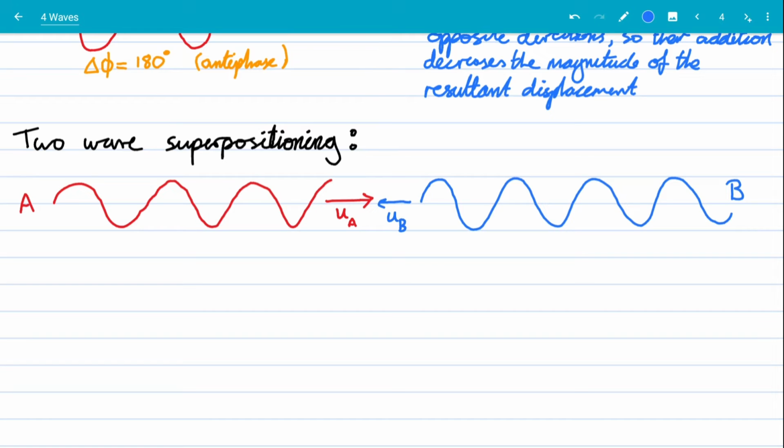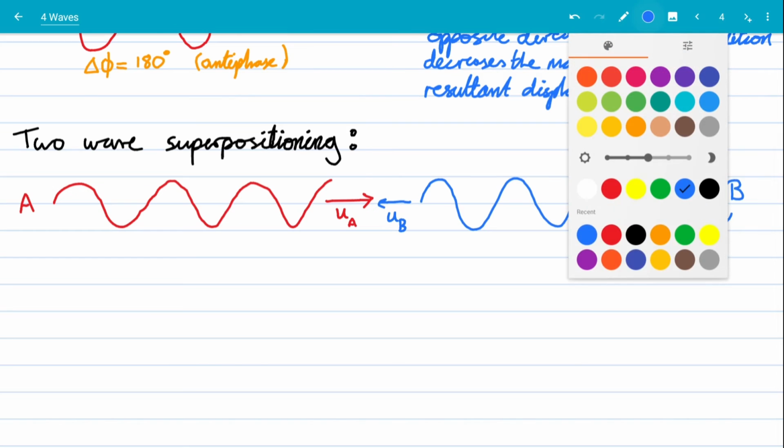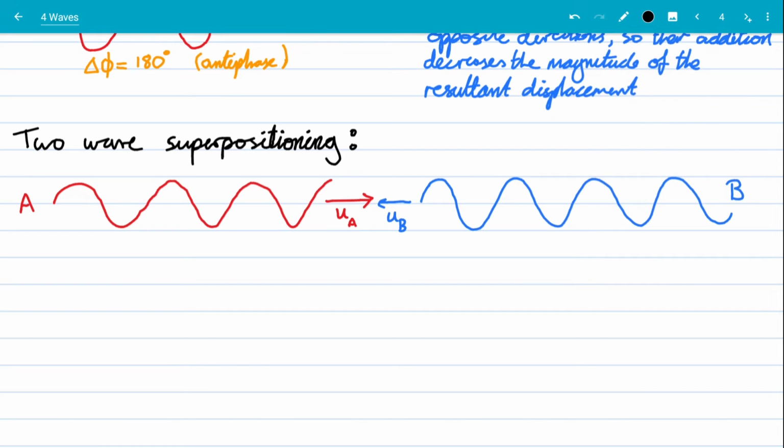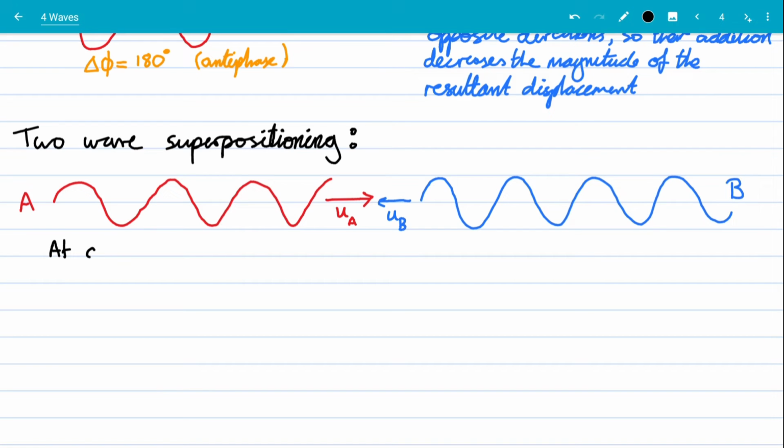But there'll be other instances in time where all the peaks line up with all the troughs. The peaks from wave A line up with the troughs from wave B. So if we just watch what's happening with the peaks and troughs, we can see that there will be, at one instant, well, actually more than one instant, but let's say at one instant in time,